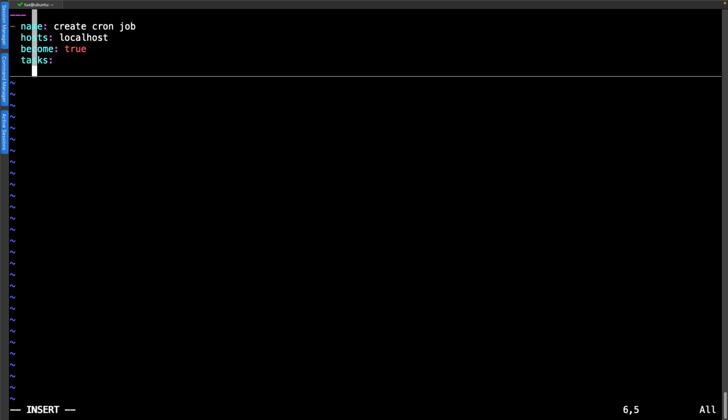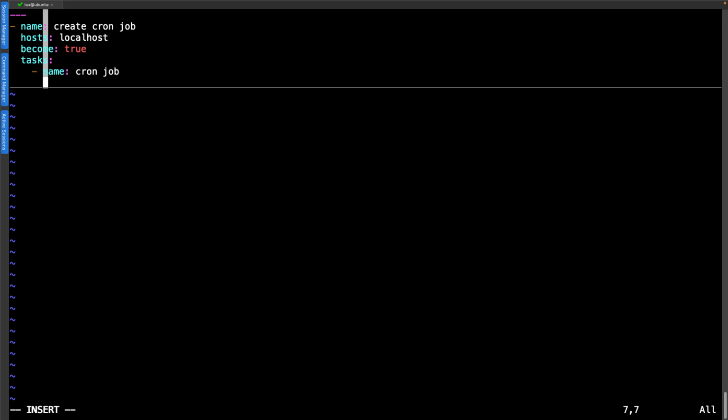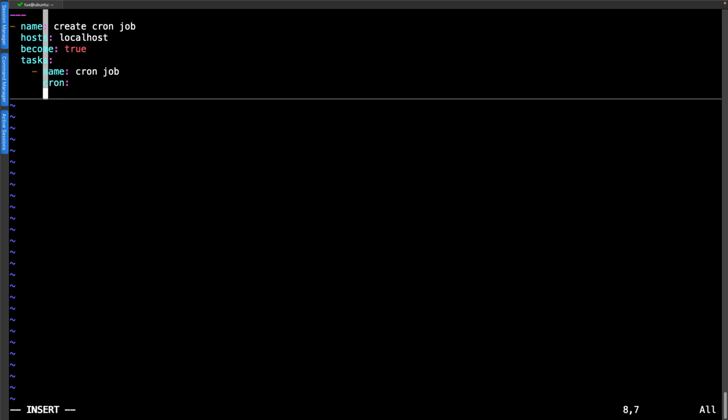As we then go through, we can name this again. And as always, as I say, the names are meant to be descriptive. So somebody running through this, even with little experience, should be able to read from the English language, hopefully, what we are meant to be doing. We're going to be using the cron module. Now, I can just call it cron because I'm using Ansible 2.9. But if you're using later versions of Ansible, you should be using the full collection name. Ansible 2.9 doesn't understand collections, so I can use the simple names.